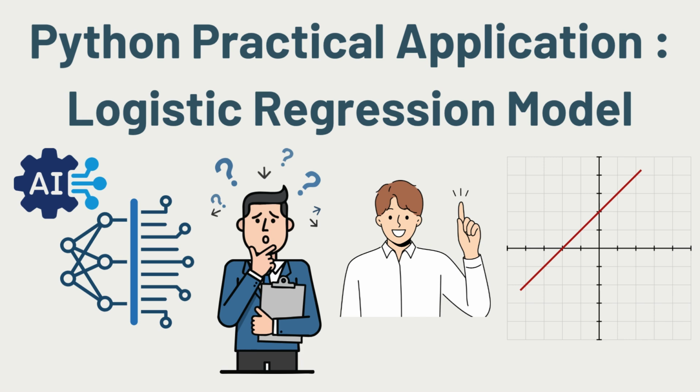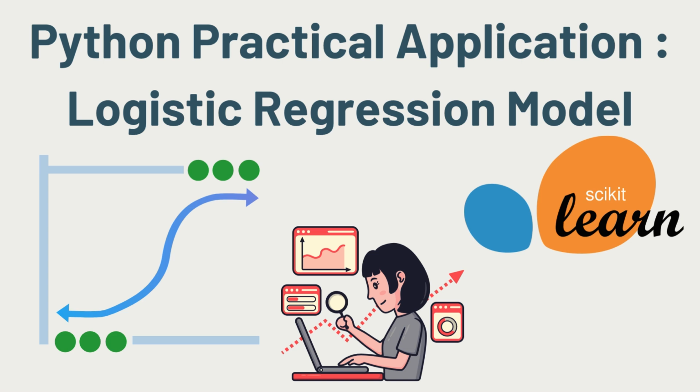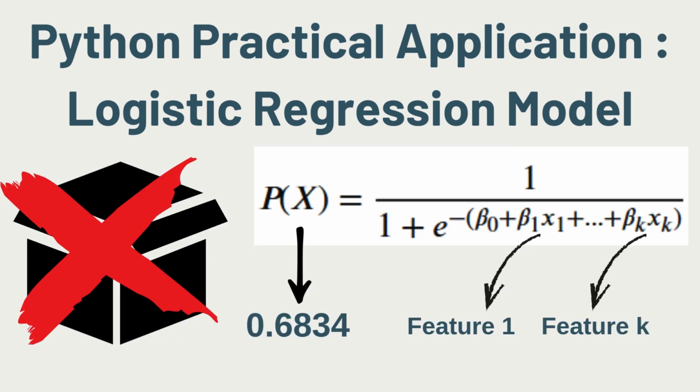Is your machine learning model feeling a little too complicated? Sometimes, the simplest tools are the most effective. Logistic regression is the robust, interpretable model that every data scientist should have in their arsenal, and we are going to apply it practically using Python's scikit-learn. Forget the black box, we'll break down the code so you understand not just how to predict, but why the